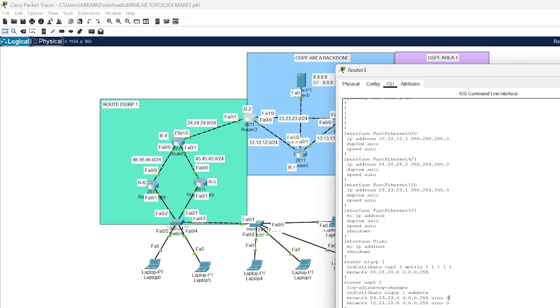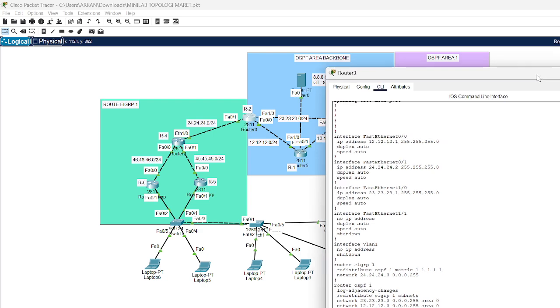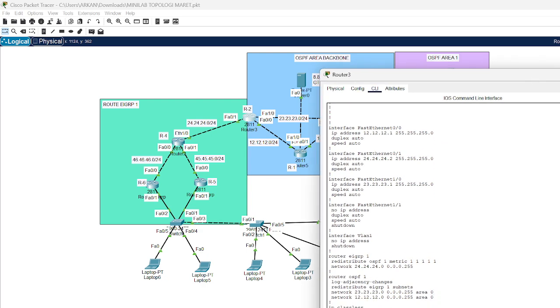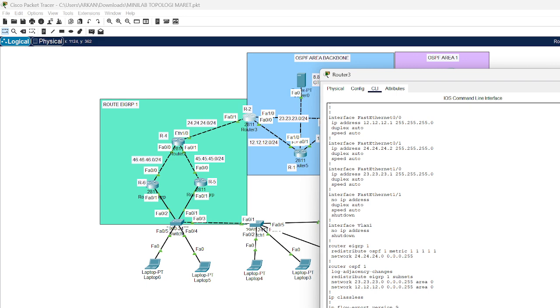Let us see in the configuration. This is the configuration of redistribute. Yeah, you must make it into two routing protocols. First protocol EIGRP and then in OSPF area backbone, then make a routing protocol, network 23 and 12 in area 0 or area backbone.